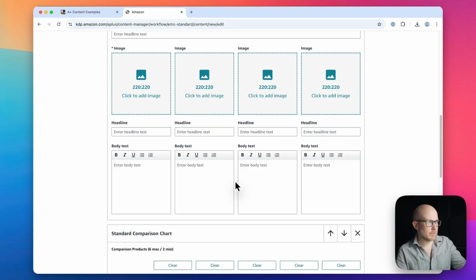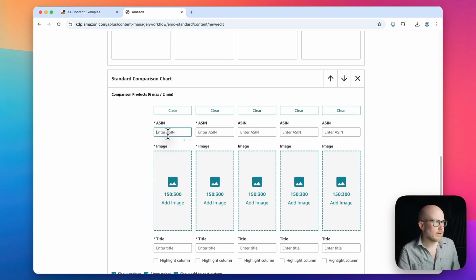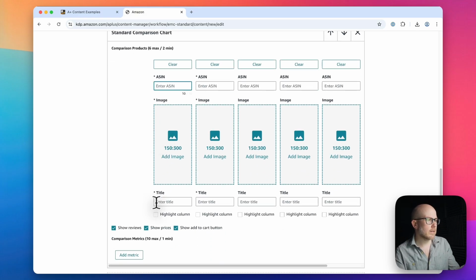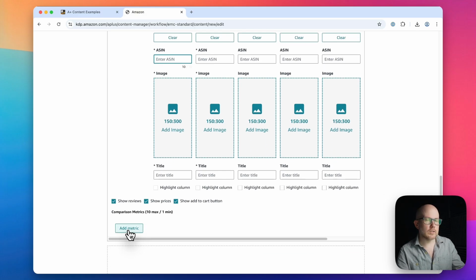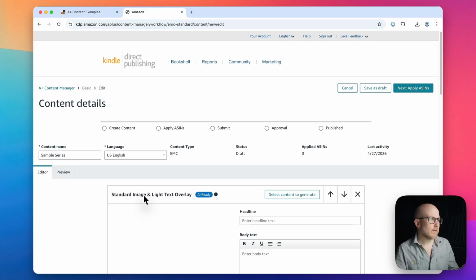But as you can see, we can bring in images, and then we also have ASIN, so we can type in our ASIN and it'll pull in the cover, and then we can add features as well if we want to have different dimensions to compare one book from another, say in a series. And once you have everything set, you can then apply it to several ASINs within your content library. And so that's just about it. And then you would go ahead and publish that. And within 24 hours, typically it runs quicker, maybe in an hour or so, Amazon will have that live